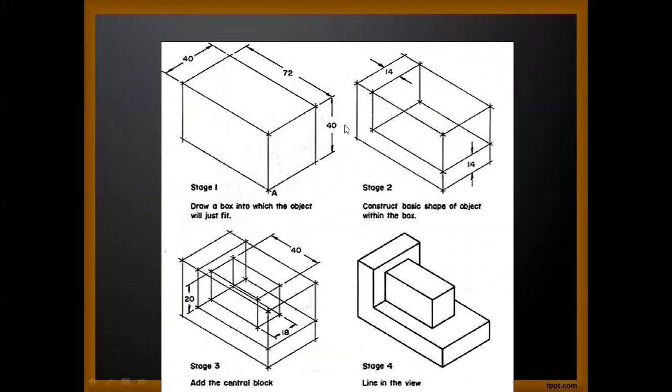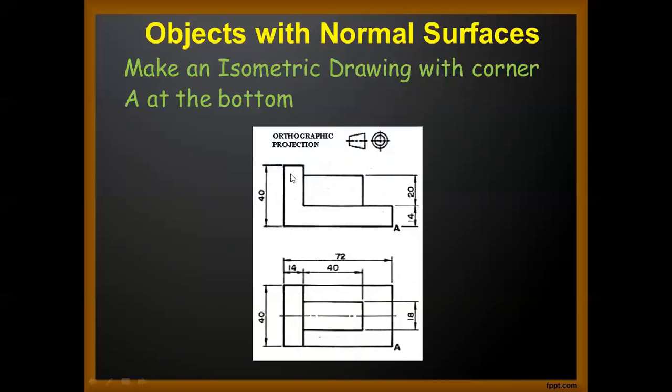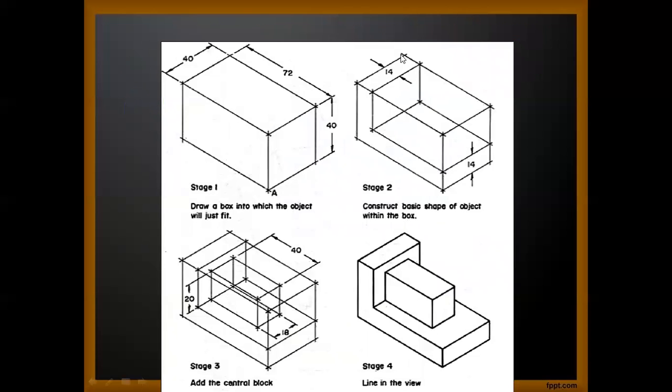So in this case, first we will draw either the base plate or back plate. How to draw it? You have to first take the thickness of this base plate. This is 14 and this is also 14. So first take 14 from this edge, join it parallel to the back plate. Then on the base plate also take 14, join it parallel. Now we have this line, we have this line. Take both these points parallel to baselines or already plotted lines on the box. Then from this line take it parallel. Where the intersection is, join that point. You will get the back plate as well as the base plate.